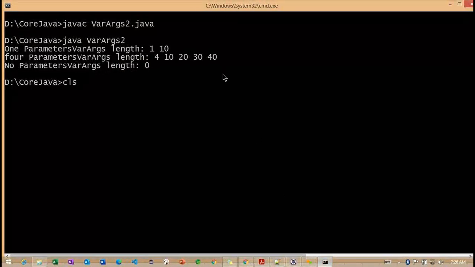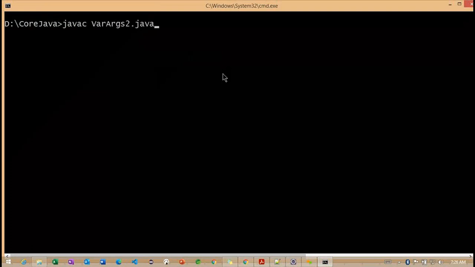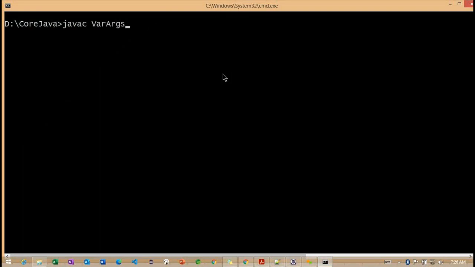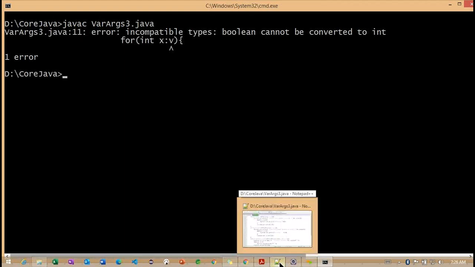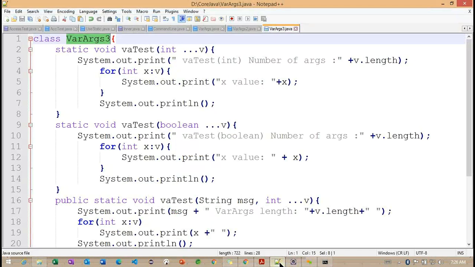VarArg3. So Boolean cannot be converted into int. Line number 11.